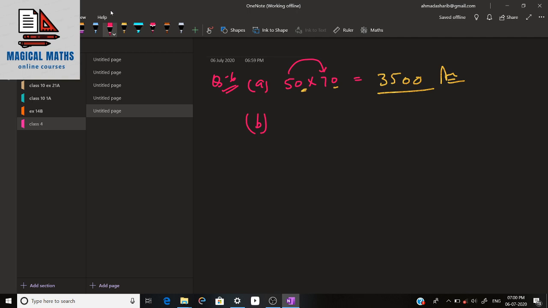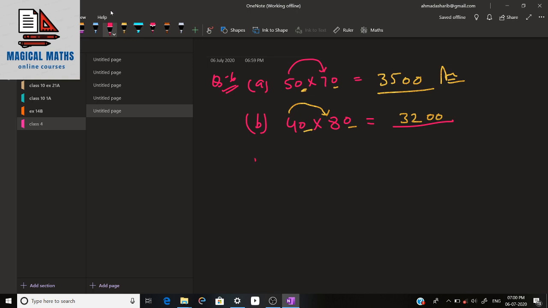Question B is 40 into 80. So what you have to do, just multiply 4 to 8. 4 eights are 32, and the zeros as it is. This 0 and this 0 you just place as it is. Okay,